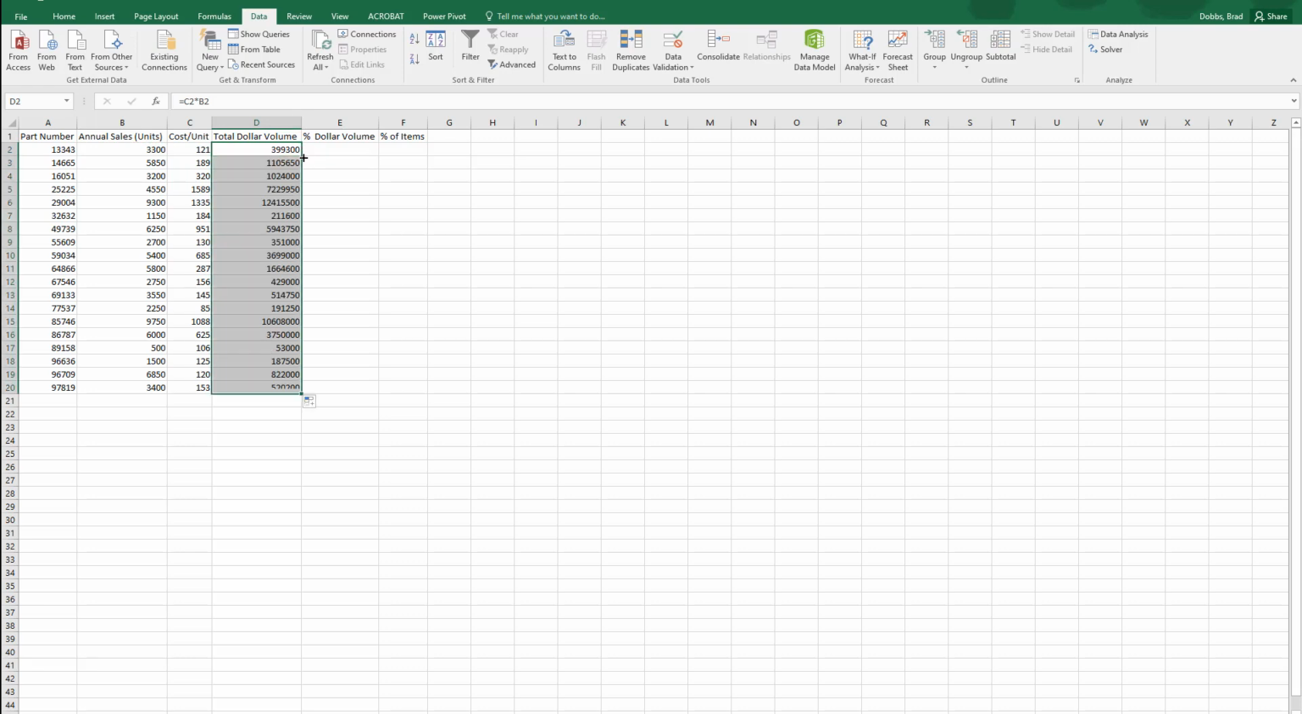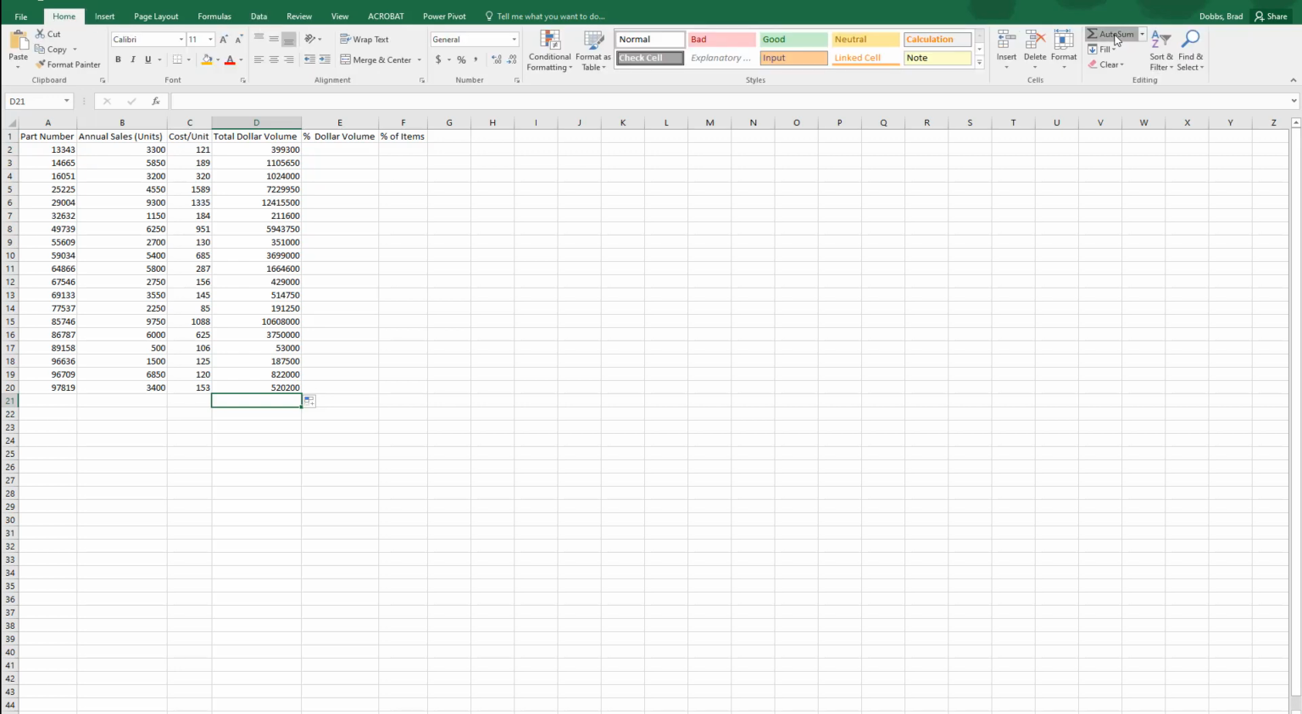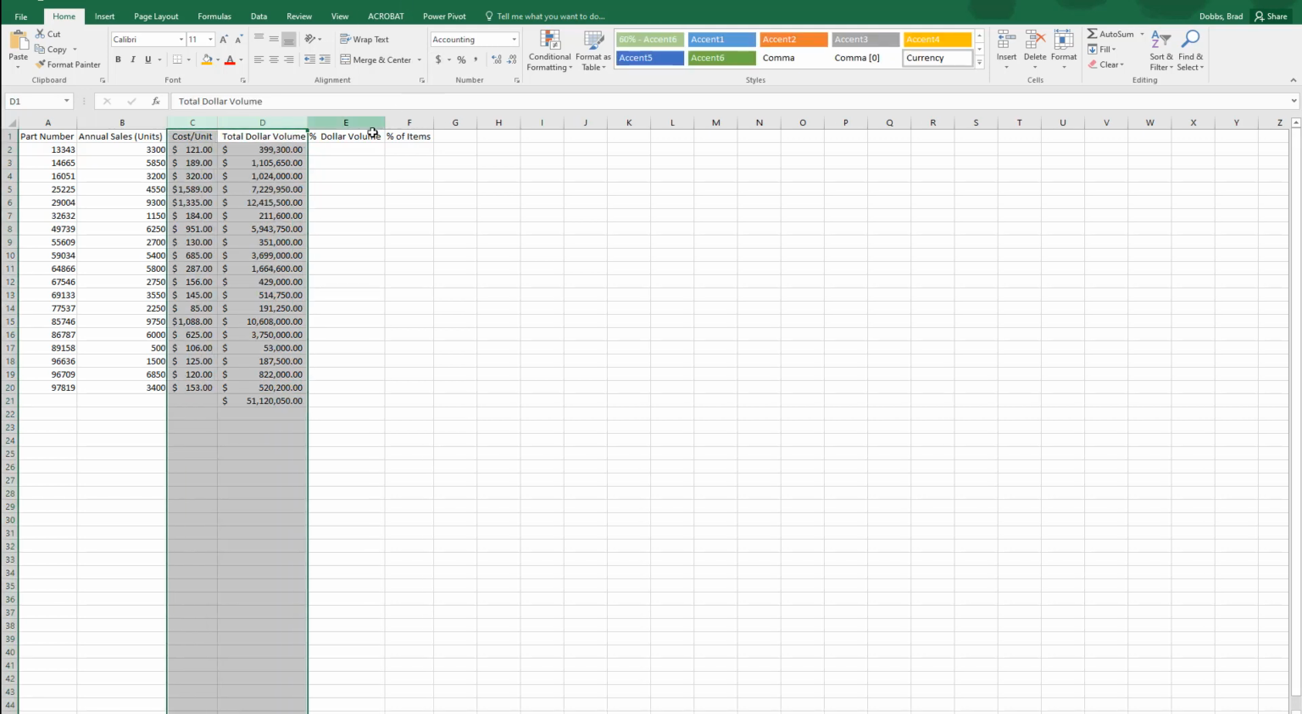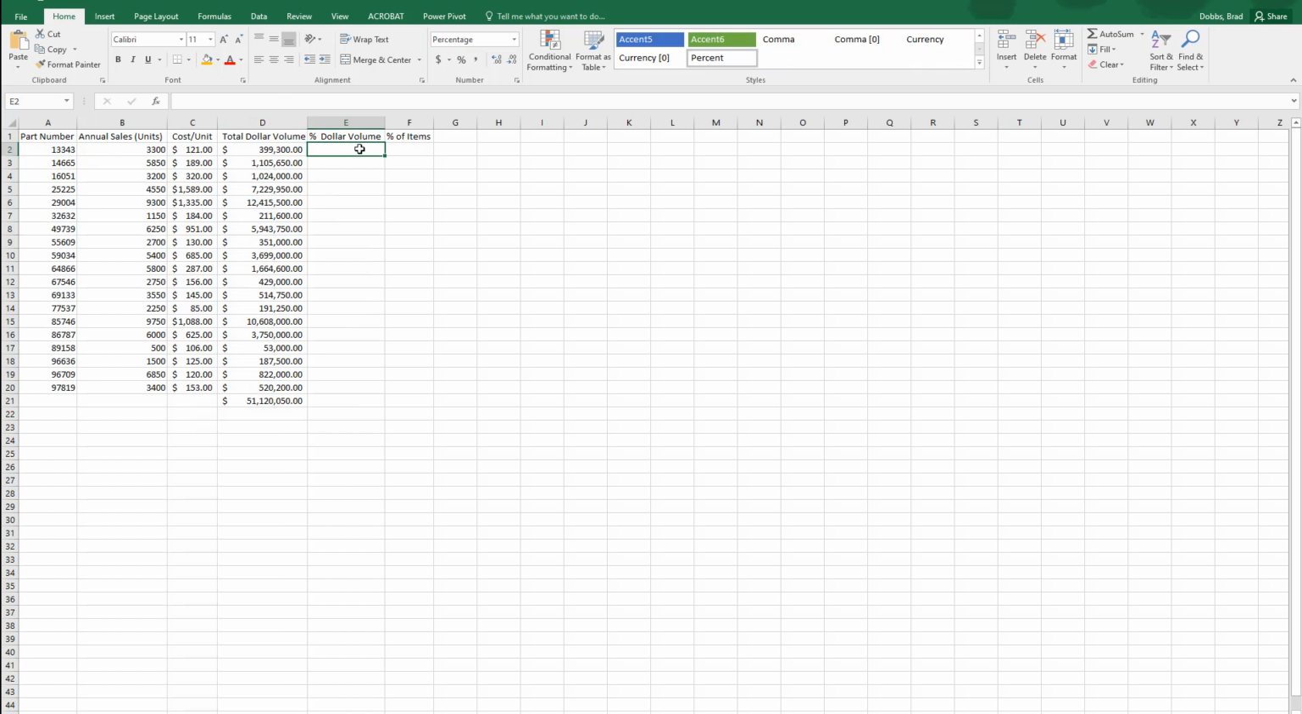We can autofill that down, right? We can go ahead and take a sum of that. Go over to Home, AutoSum, and now we know this is our dollar volume. Let's go ahead and throw the dollar signs in there. Then percent dollar volume is going to be equals this one divided by our sum, F4,